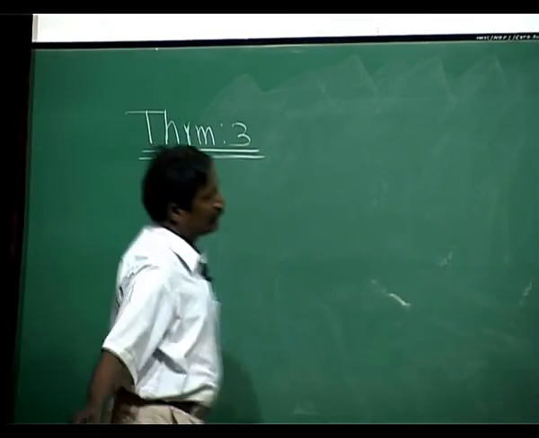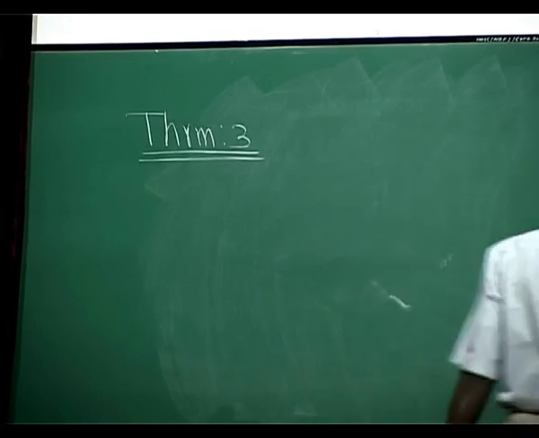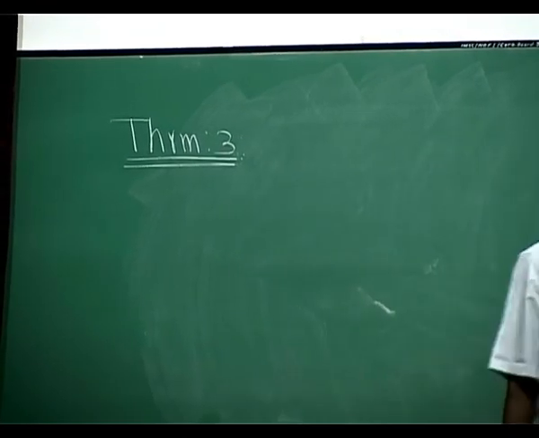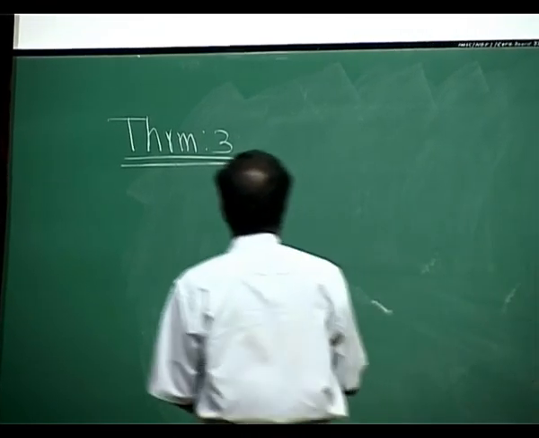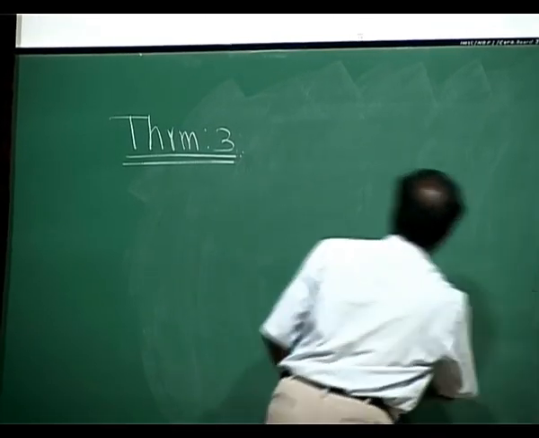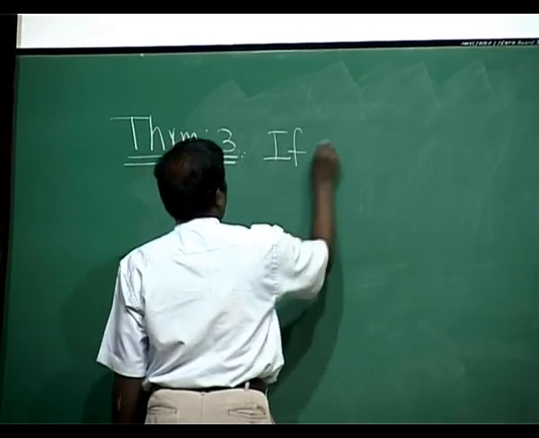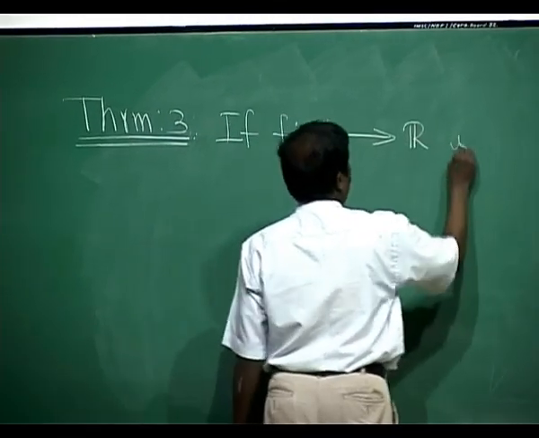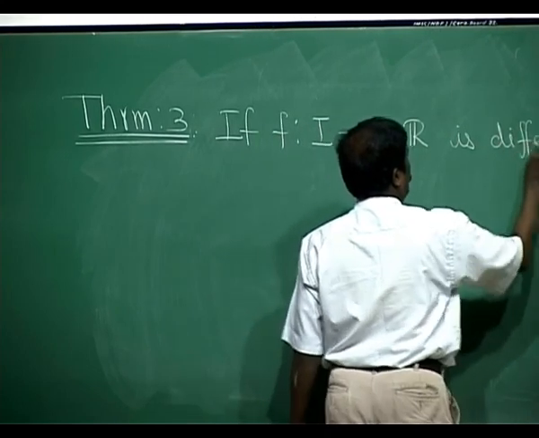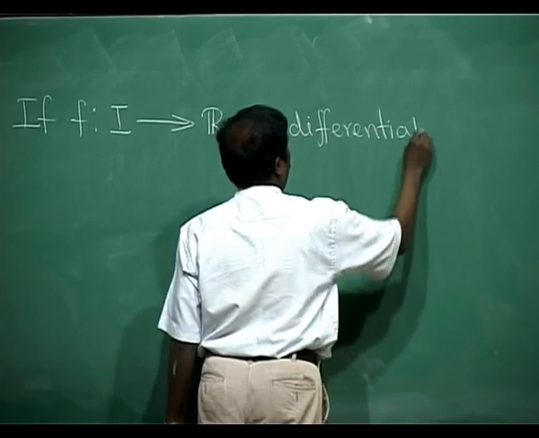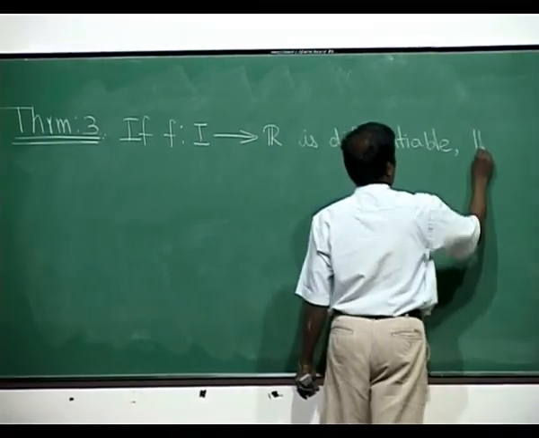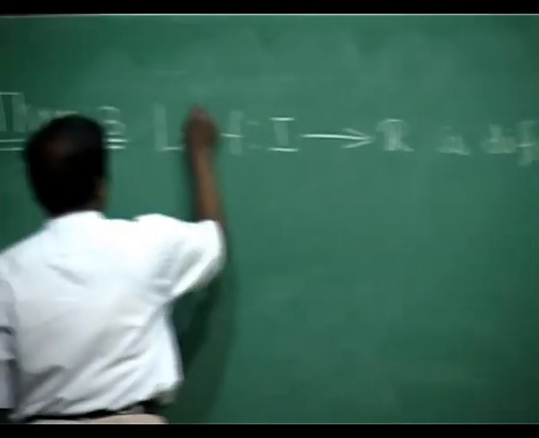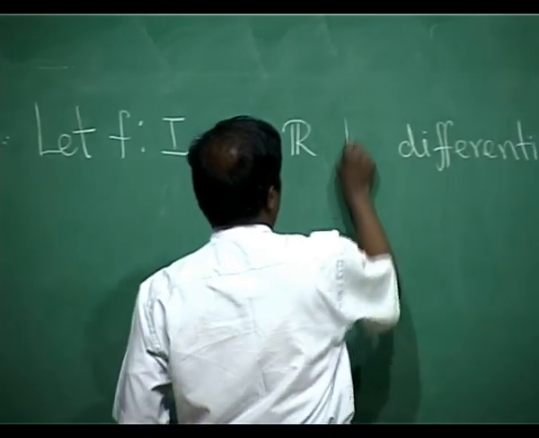So I'm going to be a little sketchy on the statements, in the sense that we'll do at least one or two examples. So I'm going to be just stating what they are. If f is a function from I to R, let f be differentiable,